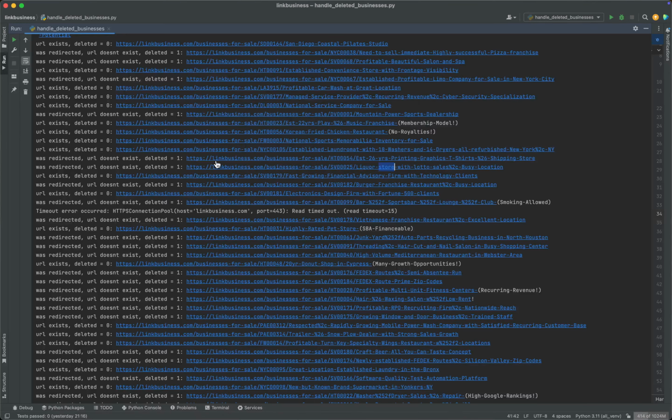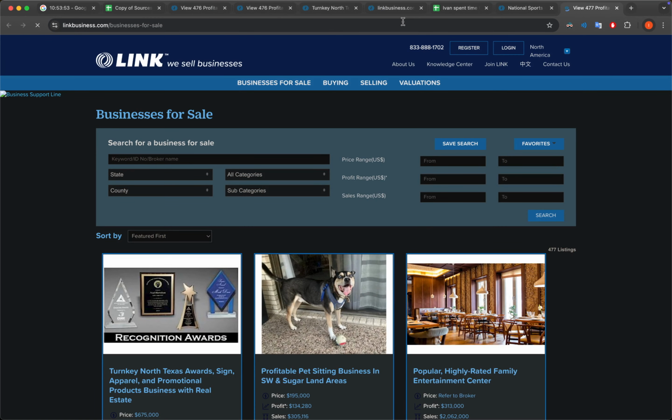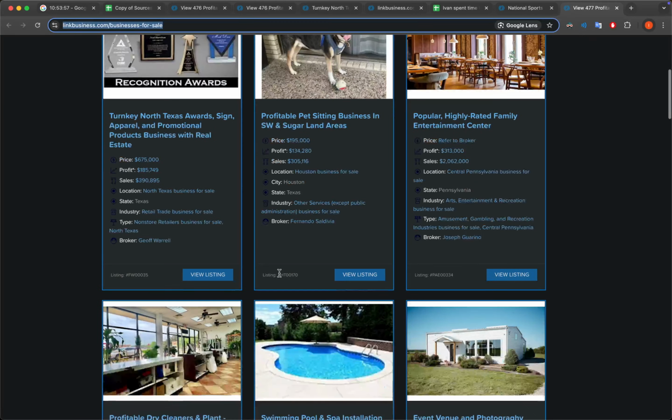For example, I opened the URL that exists, but let's open the URL that doesn't exist. Because of the redirect, as you can see, it's redirecting me to the business for sale,